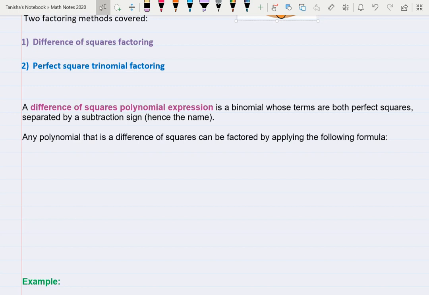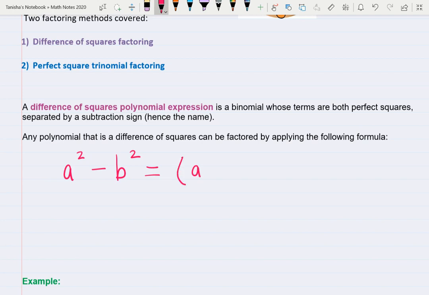So I'm going to write out our general expression for a difference of squares. A squared minus b squared. Difference meaning subtraction. Squares meaning that your two terms in your binomial are perfect squares, so they're squared terms. When we factor those, that's going to give us